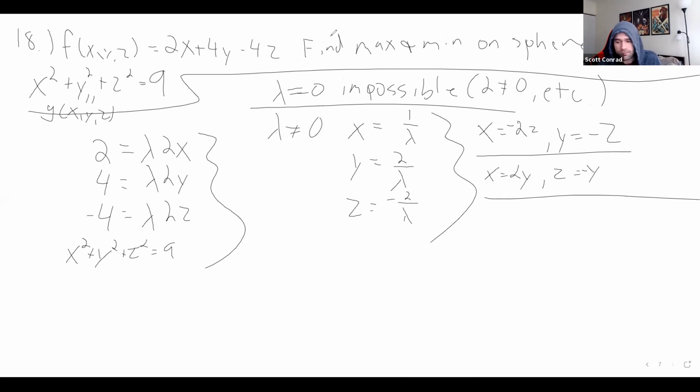Or you could solve for y and z in terms of x. So if we do that, we see, oh